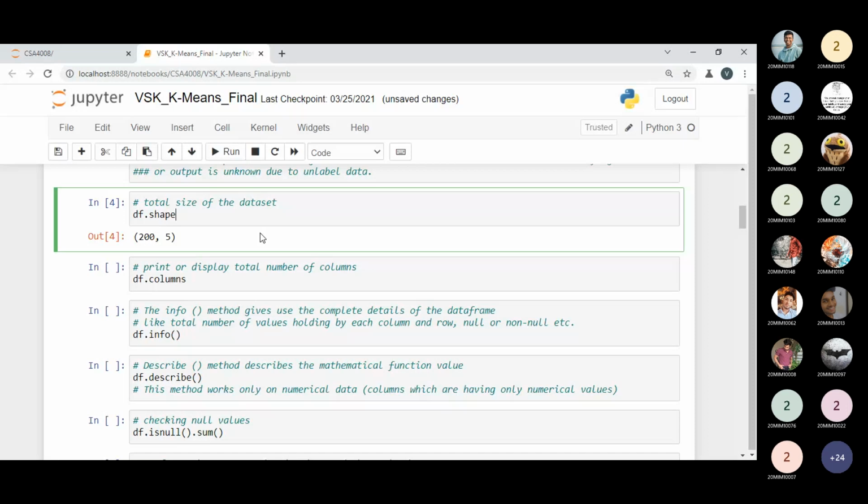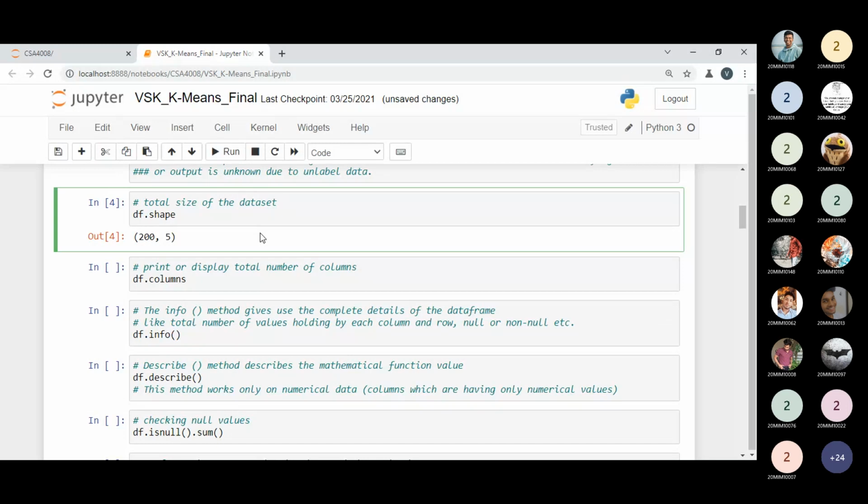Here I'm not applying the dropna method or fillna method to solve my problem, but if you need to determine how many null values we have, then you can apply the dropna method, and all the null values will be dropped in the rows. That part we have already seen in other programs, but here there is no need to use it. We have 200 rows, and that is sufficient.